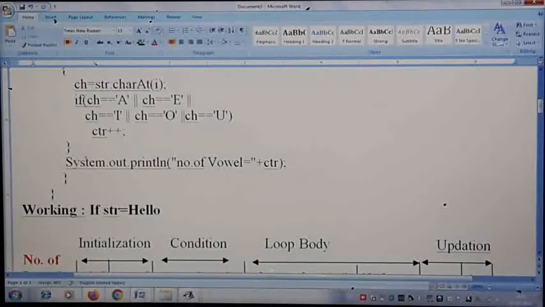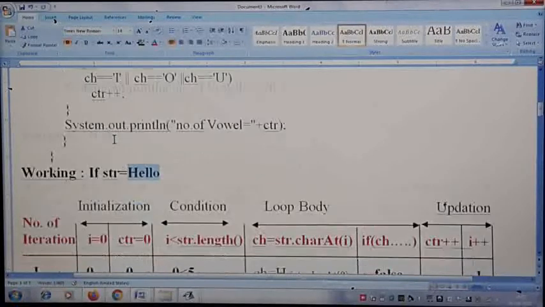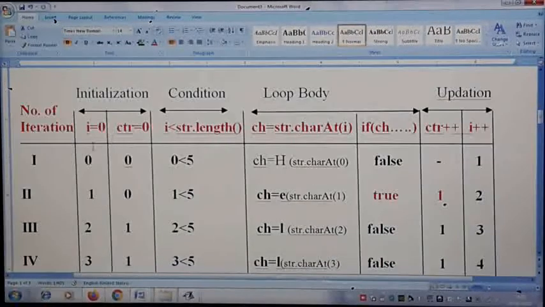So the working of this loop, how the loop works step by step, just to make you understand: if the input of that str is hello, with this sample input, how each iteration is going to execute, that is what I am trying to explain here. I changed some of the colors also, just as an important point where you have to understand.